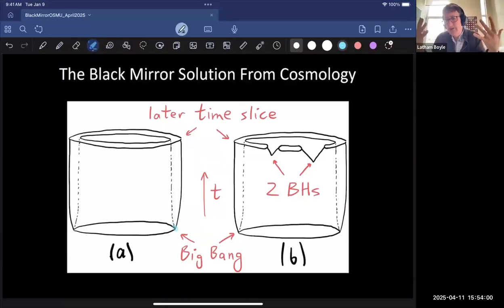One of the main motivations for our work is just to say, well, you could tell an inflationary story about that, but there's a simpler interpretation of what one is observing, which is just that those perturbations are all satisfying a reflecting boundary condition. They are satisfying exactly a Neumann boundary condition, just like certain components of the electromagnetic field satisfy it in an ordinary mirror, which is why you see a copy of yourself on the other side of that mirror. So it's just a simpler interpretation of what's going on,